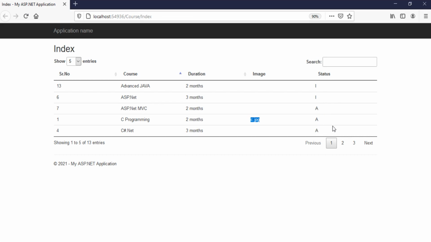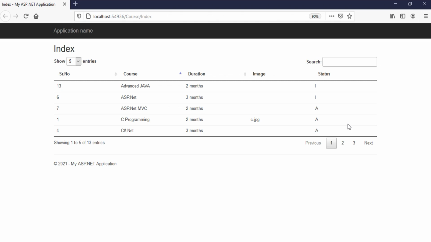Whatever values are there in our database or in our collection or in our data source generally, they appear as they are. But we don't want to show these values as they are. We want to render them in a different way. So that's why we are going to write a function for it, and we are going to assign that function to the render option.